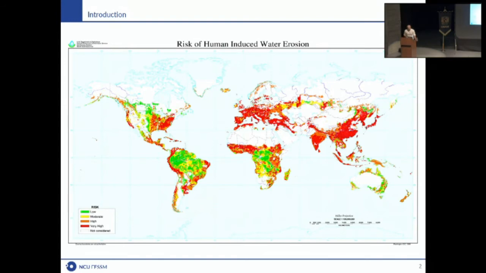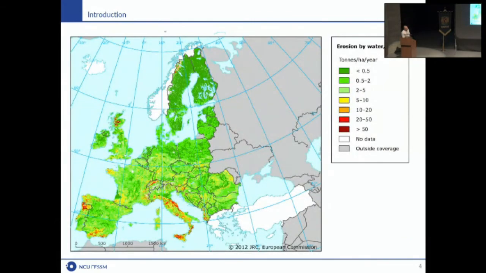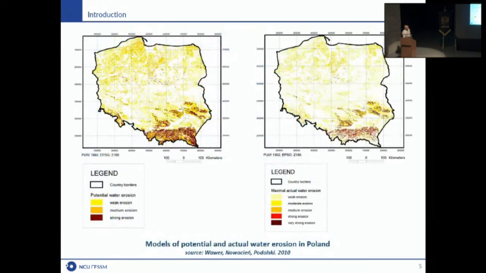There are many other countries and regions which have more severe problems, like this one, for example, where the soil cover is almost totally eroded. But also in Poland, you can see that the north part and the south part can be somehow transformed by the soil erosion. So it means that the soil erosion is stronger, faster than the soil processes. So it means that a lot of soils can be shallower due to the erosion.